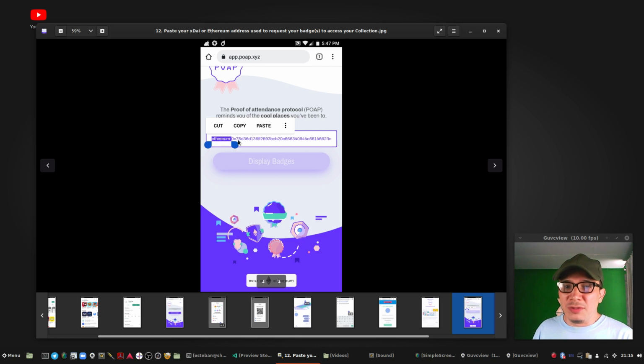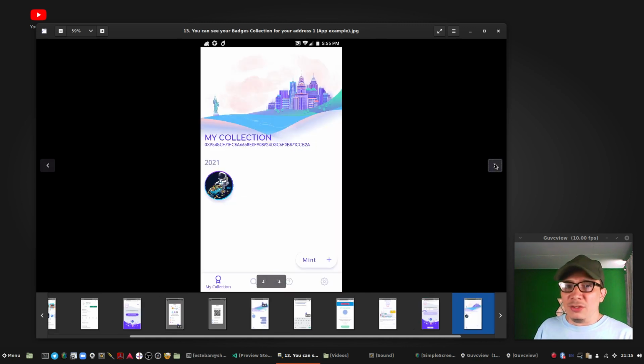But you just paste it and cut the Ethereum section to make it work. Otherwise, this is not going to work. And when you are done with that, just press or tap on the button Display Badges to display your badge collection.